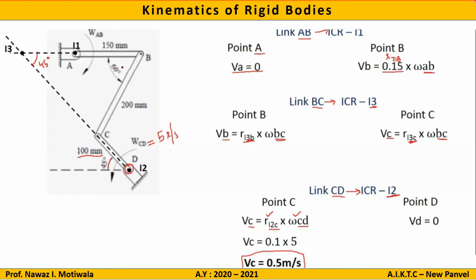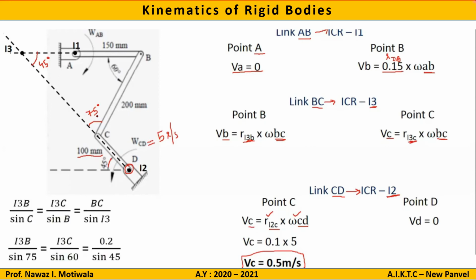Now in this triangle, this angle is 60, which was already given to us. This we have found out as 45. So the sum of all the angles of a triangle should be 180. Hence I will get this angle as 75 degrees, because the total of 60 and 45 gives you 105 and 180 minus 105 gives you 75. Now you can see every angle of this triangle is known to me. One of the sides is known to me. Next step is what? Apply sine rule. So apply sine rule, and I3B is 0.273 meters and I3C is 0.245 meters. That's it. We have found out the answers for lengths.